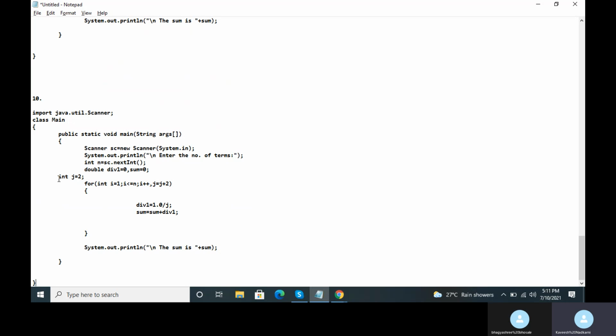So here what should I do? See, j will begin from 2 only. Only thing is that here you will increase the value of j by 1 here. And if you notice, you should see, it's a 1 now. It should be sum. Now next term should be sum minus, na? Yeah, 1/3. Okay, so for that, what should I do basically? Very easy. After you find out the value of your division, just write div1 equal to div1 multiplied by -1. Clear, na? So this will change the sign of that division result, na?